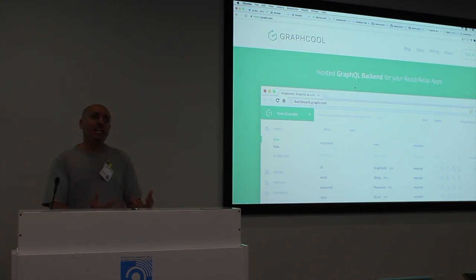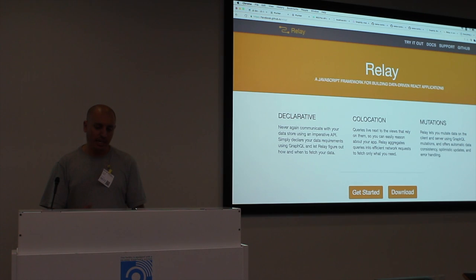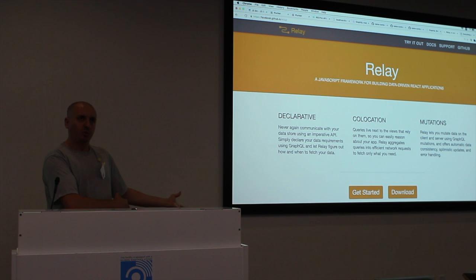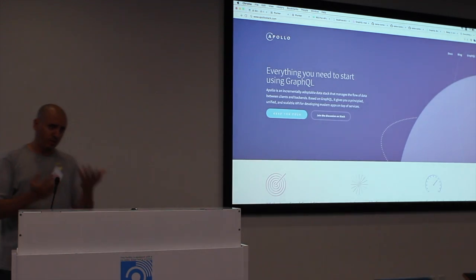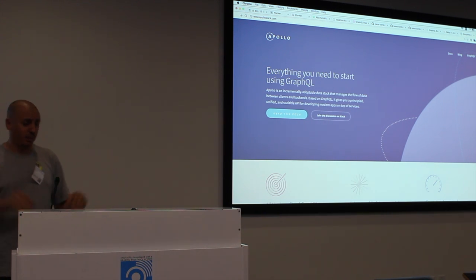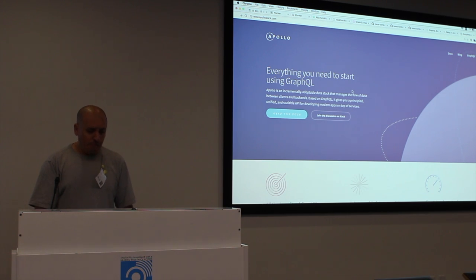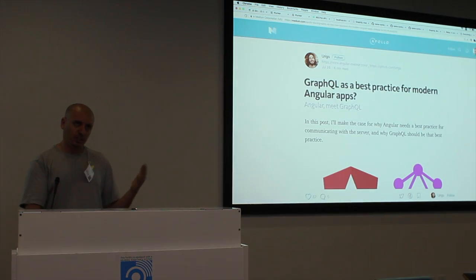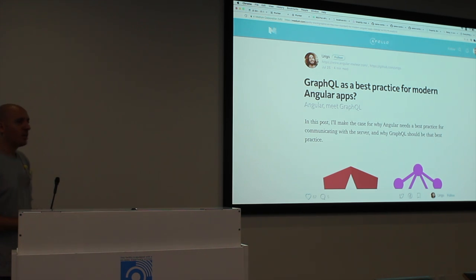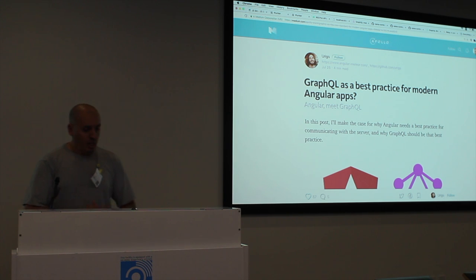And in terms of clients that work with GraphQL, of course, Relay is the most popular one. You don't need Relay to work with GraphQL. GraphQL is its own thing, but Relay is one JavaScript client that is designed around GraphQL. And there's another one, the Apollo stack. Someone mentioned the Apollo stack. I hear good things about it. I haven't used it yet. And of course, GraphQL is not just for React, even though it's famous with React. There's a lot of enthusiasm about GraphQL in the Angular world as well.